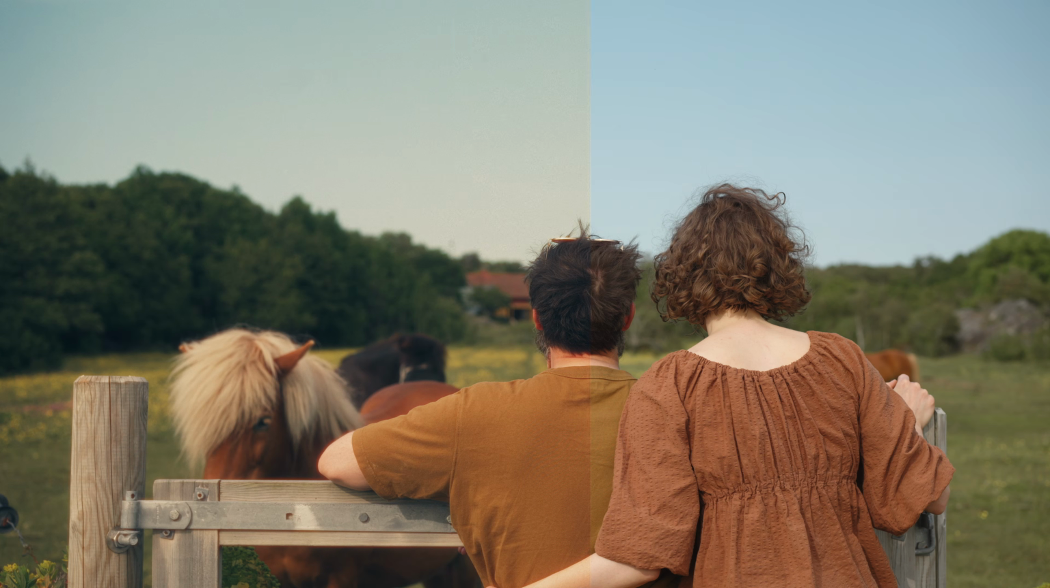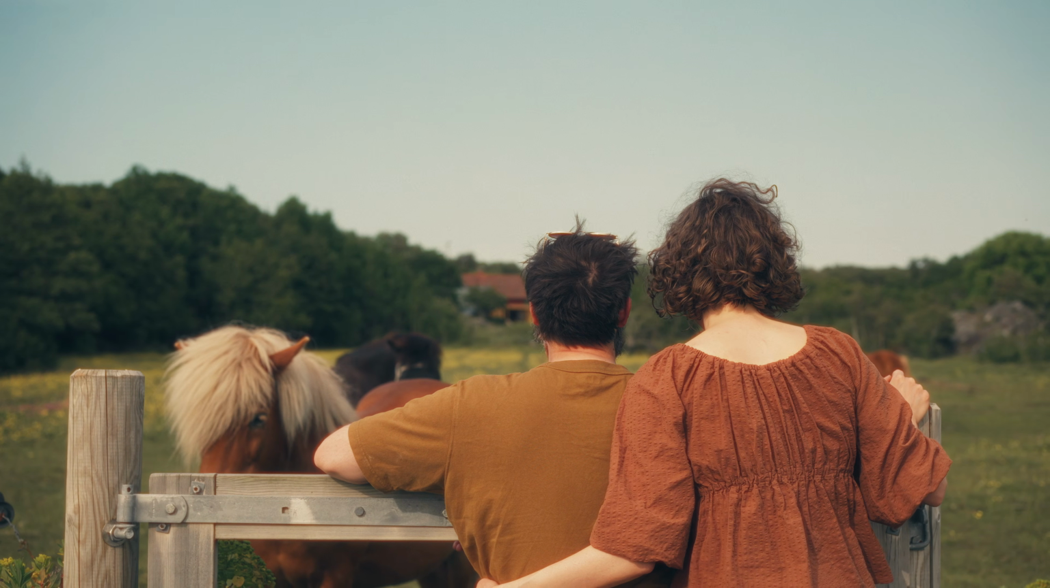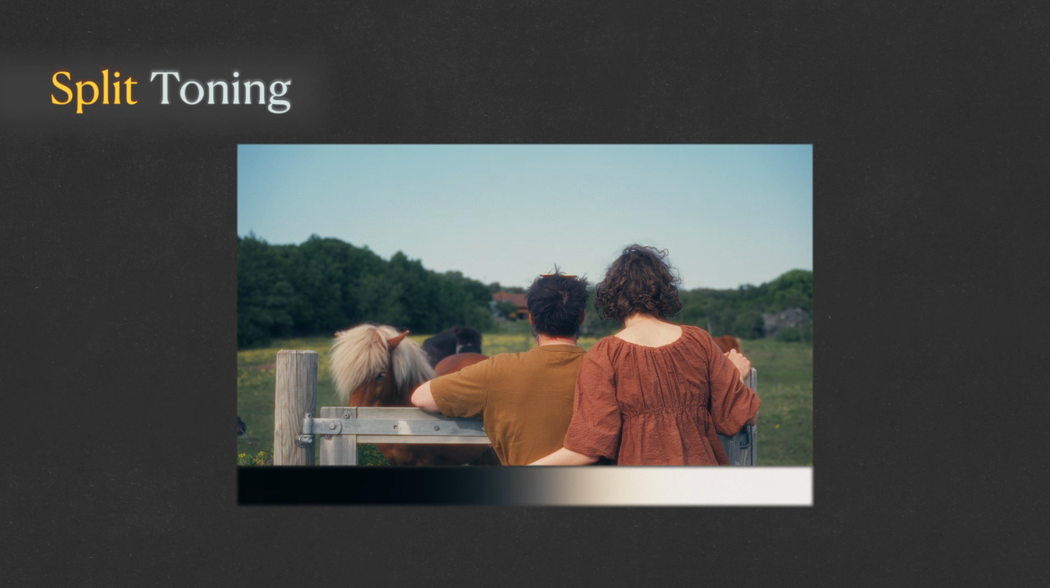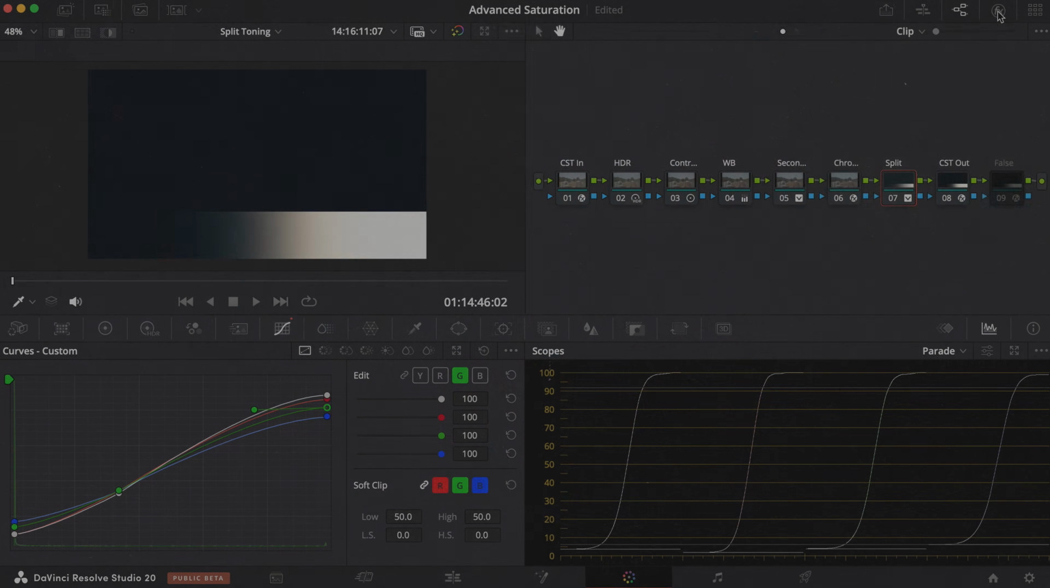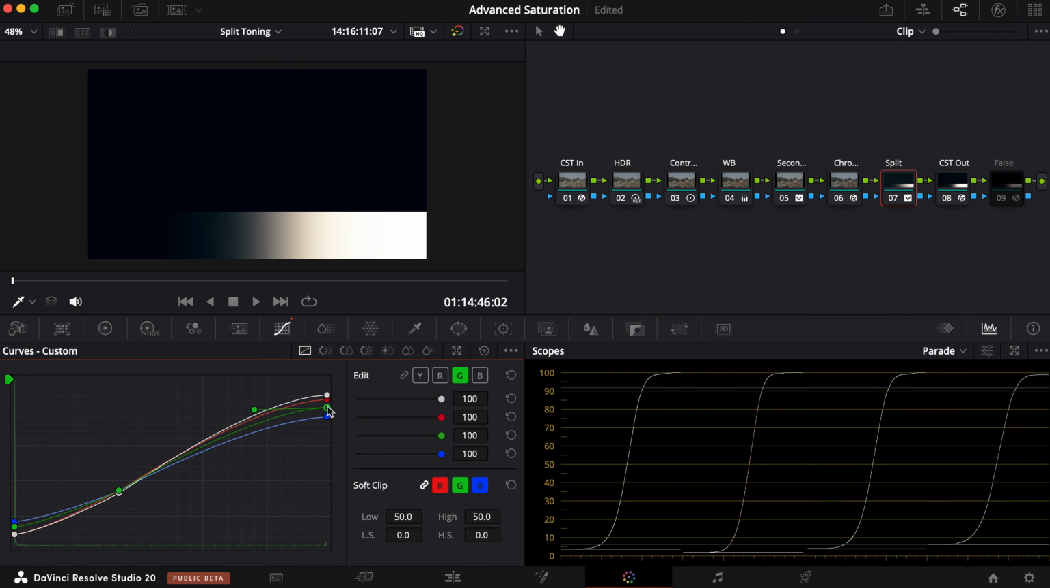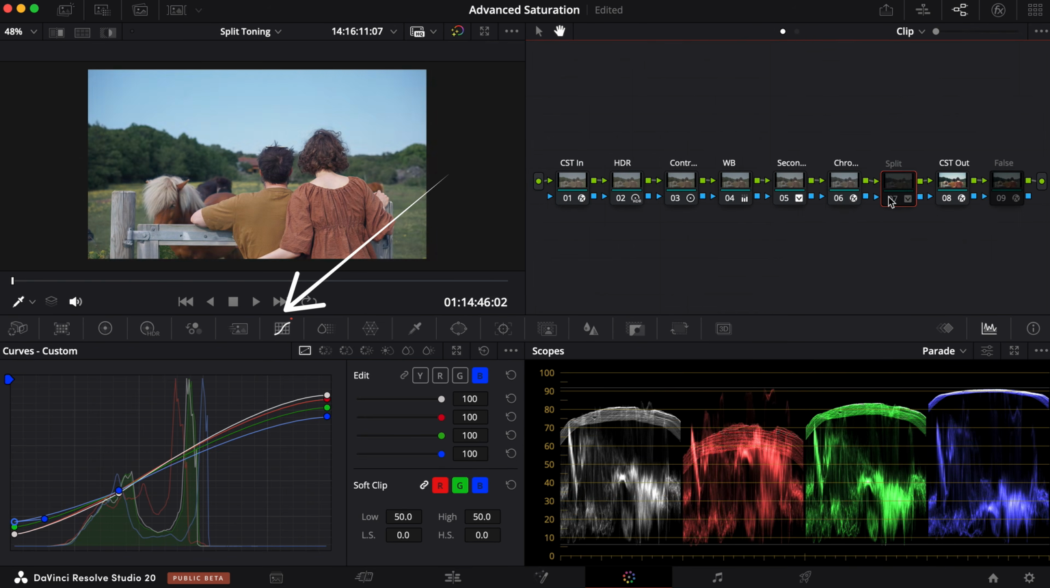Now we can further stylize the visuals by using a technique called split toning. It is the technique of applying different color tints to the highlights and shadows of an image independently to creatively enhance the mood, atmosphere, and visual interest of an image. There are various excellent plugins and DCTLs designed for split toning out there. But in this tutorial, we're going to dive into DaVinci Resolve's built-in curve tool to show you exactly how this